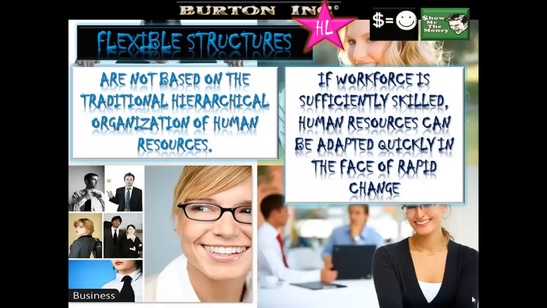Another feature of a flexible organisation is the development of a multi-skilled workforce, which is great. And this involves training workers to carry out more than one function. And if they can do that, they can be switched to another operation as and when needed. So for example, staff in a bakery and delicatessen departments of a large supermarket might be trained to operate tills at the checkout. They can then be redeployed as cashiers during peak periods at the checkout, or substitute a cashier who may be absent from work for reasons such as sickness.